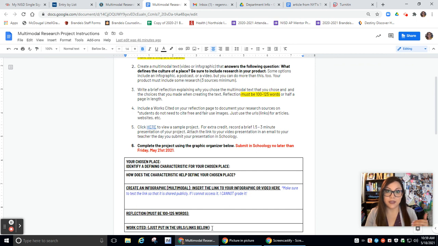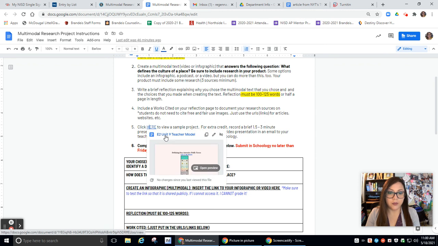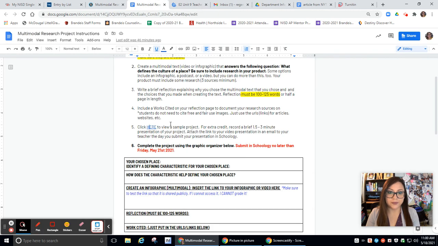If you just copy and paste the links that you went to so that I can access those websites, that's what I'm looking for. If you use the stock photos, then you don't have to use the websites for those pictures or citation information for those pictures. So just be careful with that. On number 5, you can open up the teacher sample, but I do want to talk to you about your